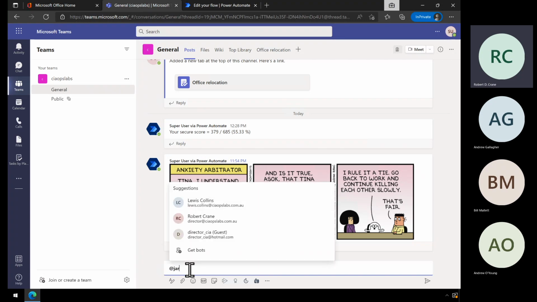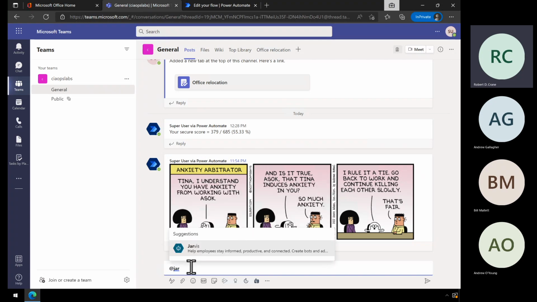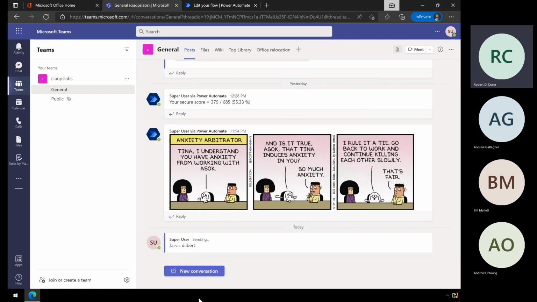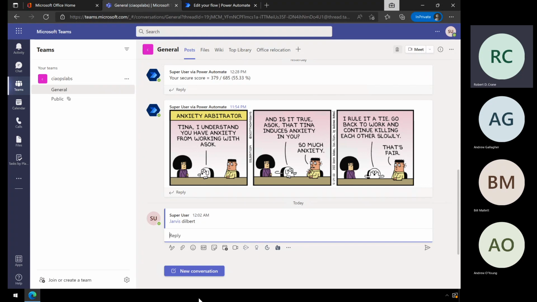So what I can do is, I've actually done this here, is to incorporate the same sort of flow into a Power Virtual Agent. So now if I go to my Power Virtual Agent and basically say, look, I want to see a Dilbert comic, fingers crossed that the agent will wake up and it should post the same Dilbert comic. It's just doing exactly the same API request out there to that environment, and then we'll come back and